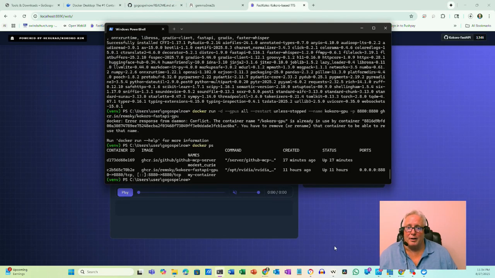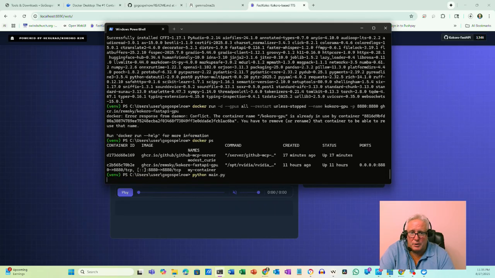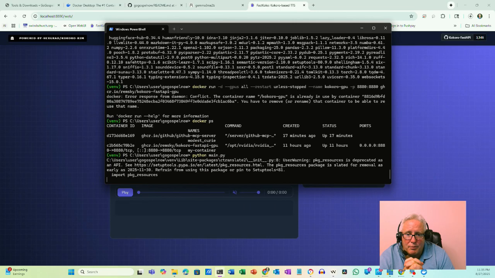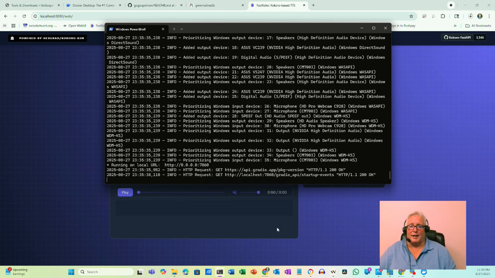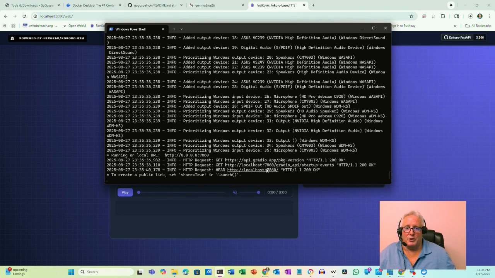Once everything's installed, and you're in the Go Gospel folder, and it's env, then what you're going to do is type python main.py, and that's what it's going to take to run the program. It's going to take a second or two the first time you run it to load everything up. It'll run faster after you've run it before. Still importing a few resources. And now the program's running, and it tells you basically you need to go to this localhost